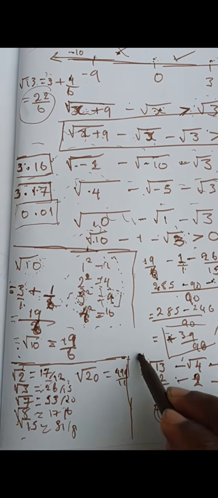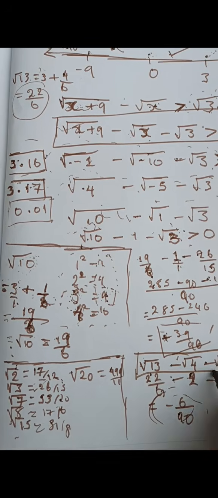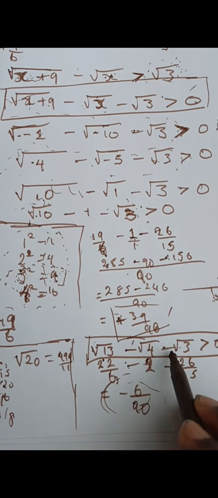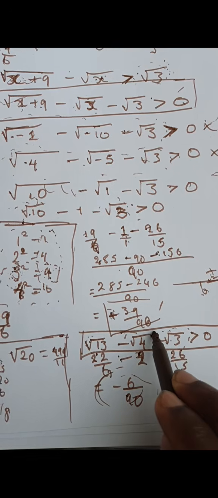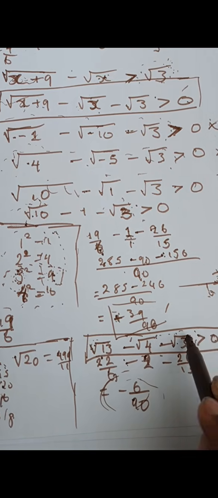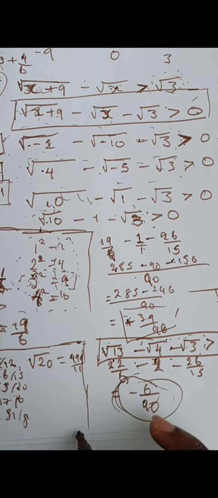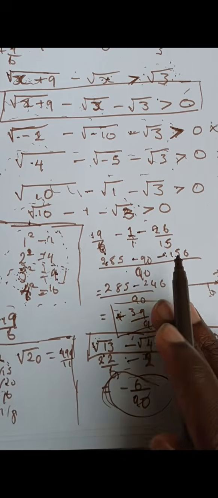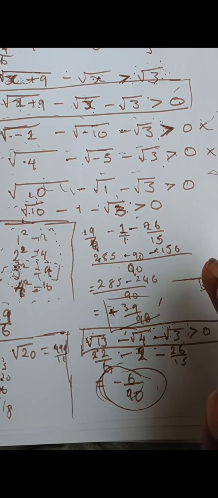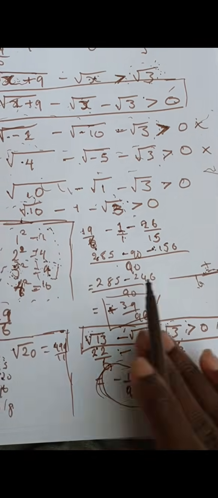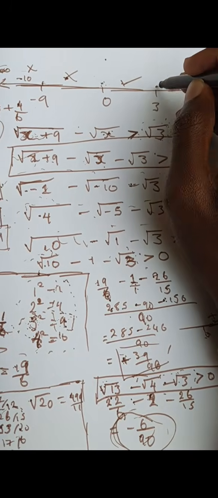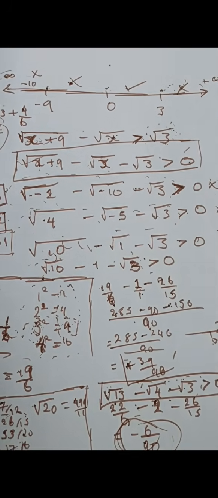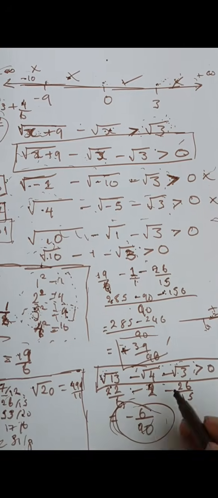Where were we? Okay, we were here on our last test. Let's come here. So if you check, is this true that when I simplify this side, I'm getting something that is greater than 0? Because look what I'm getting. It's a negative value, and there's no way a negative value can be greater than 0. So that means this region is lying to us. So this region is not true. So the true region is this one here. So to conclude your answer,